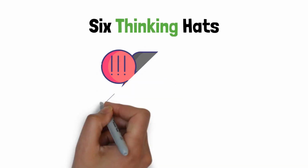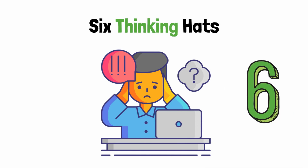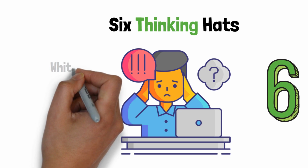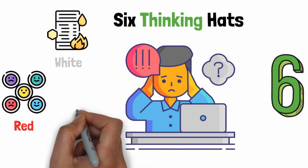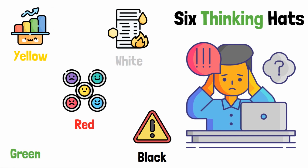And finally, Six Thinking Hats is a technique for looking at a problem from multiple perspectives. It involves using 6 different thinking hats, each representing a different perspective. White, facts and figures; red, emotions and intuitions; black, caution and risk assessment; yellow, optimism and benefits; green, creativity